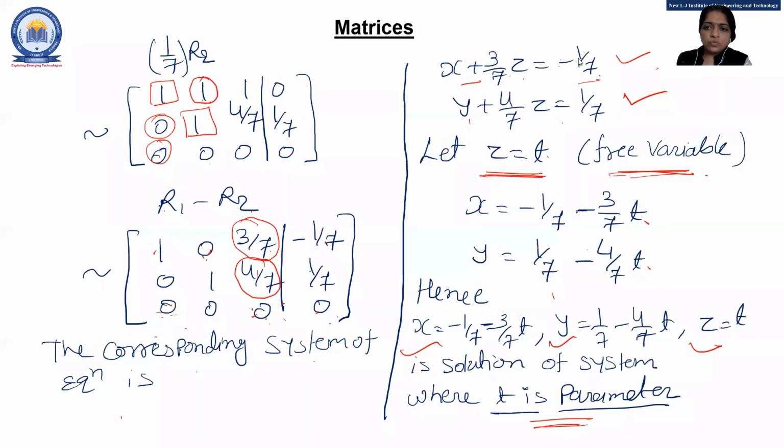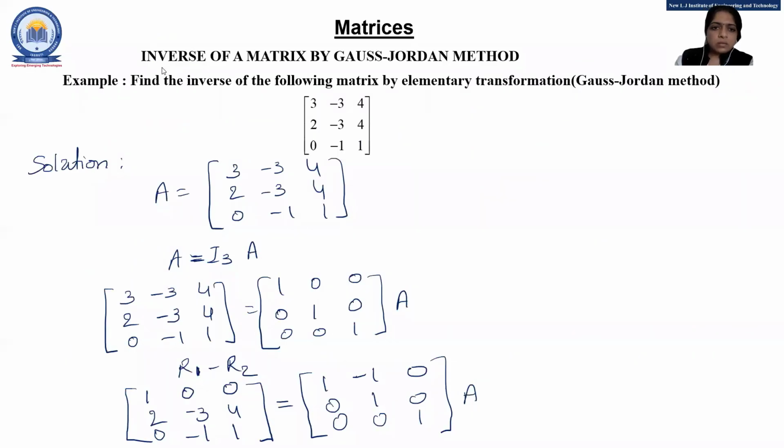Okay, so let's move on with one more example: inverse of a matrix by the Gauss-Jordan method. You can find the inverse with the help of the determinant also, but if you are given a 4 by 4 matrix, then finding the determinant is a little bit difficult. And if you are asked to find the inverse simply, then also you can apply this method. And if you are asked to find the inverse with elementary transformation, or by the Gauss-Jordan method, in all cases you can apply this method.